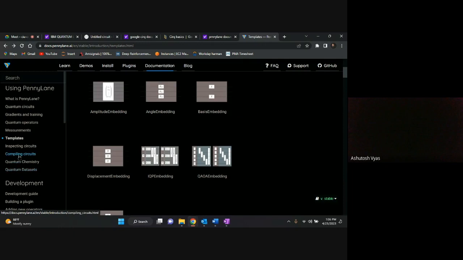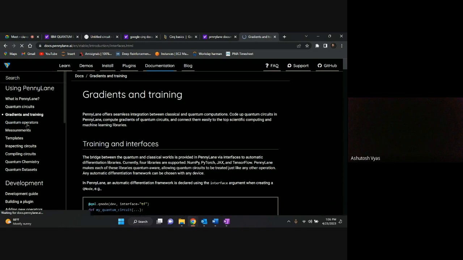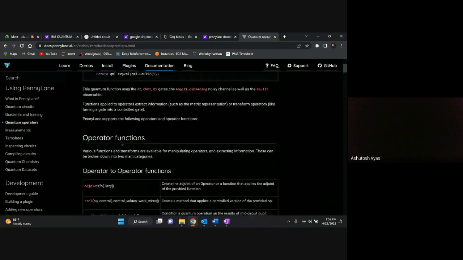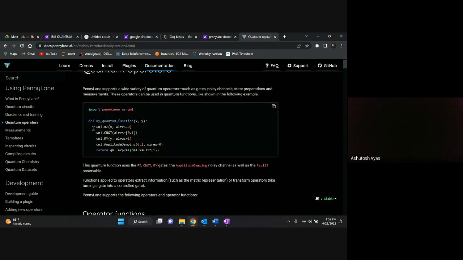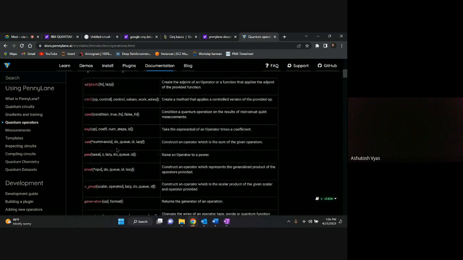And then there are quantum operators. We'll go to that later. Just click here. So if you see on the quantum operator side, these are different operators which are available: CNOT, rotation X, rotation Z. Here, wire basically means which qubit you are working upon. You will have to specify the number of qubits you will be working with beforehand. If you read the documentation, they are very simple. A lot of fundamental examples are there.